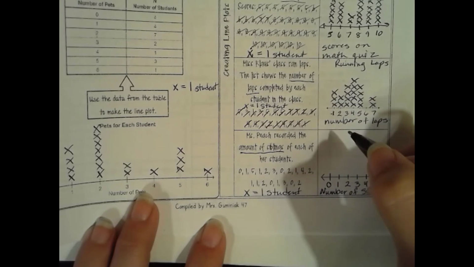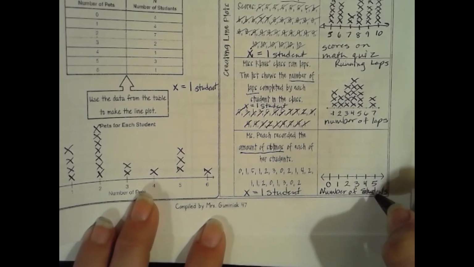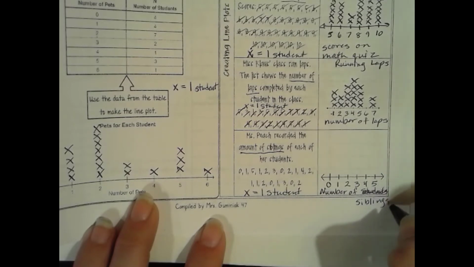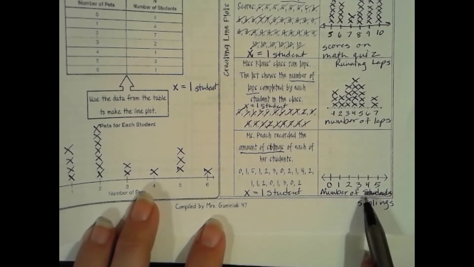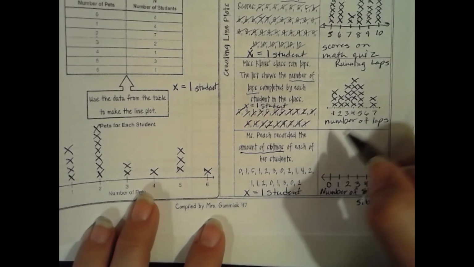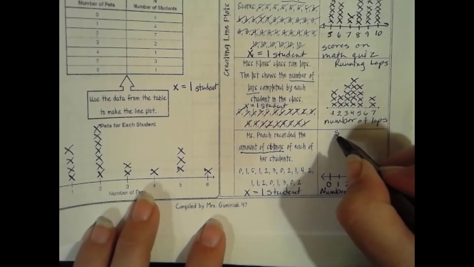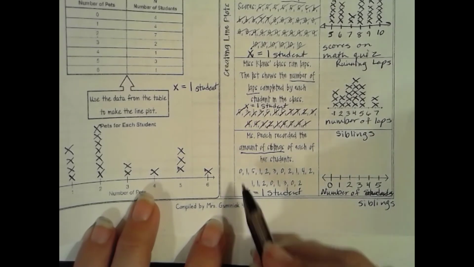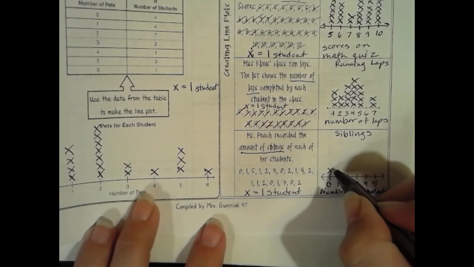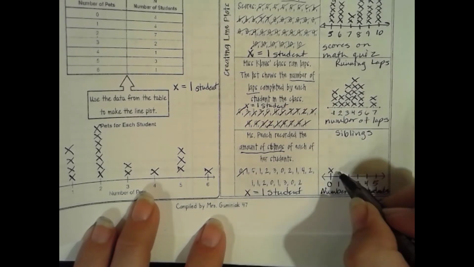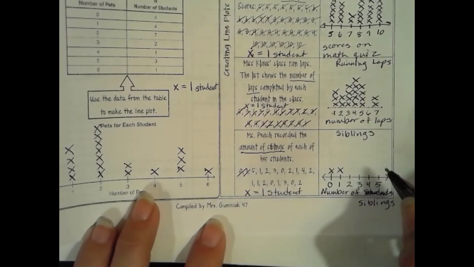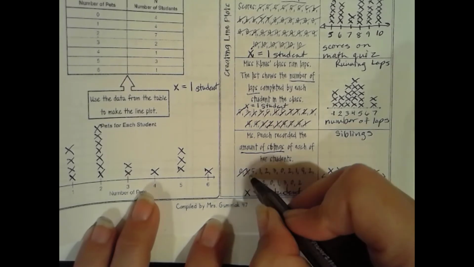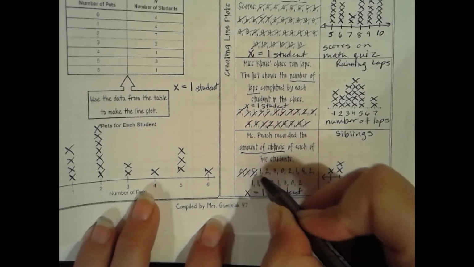And so, I'm sorry, number of siblings, not student, number of siblings. This is also why you use pencil and not pen. Siblings, those are our brothers and sisters. So we have one student who has 0 brothers and sisters. They're an only child. We have one who has 1, one who has 5, another one who has 1,